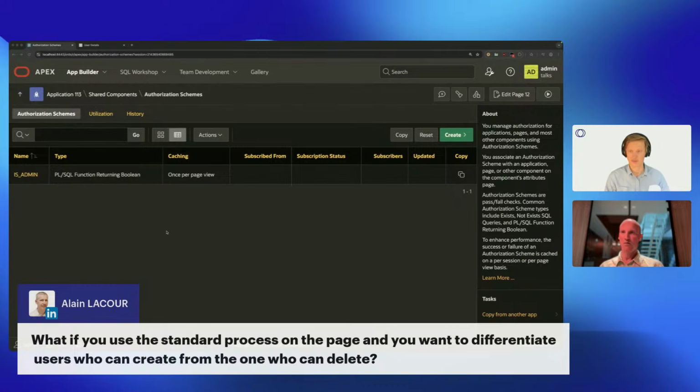So if you have different users, you can assign different roles to them, and then based on that role authorization, you can align those with your processes. Exactly. Like this is just a Boolean, is admin or not. So yeah, we have one authorization scheme, but you can finely tune it to is allowed to save, is allowed